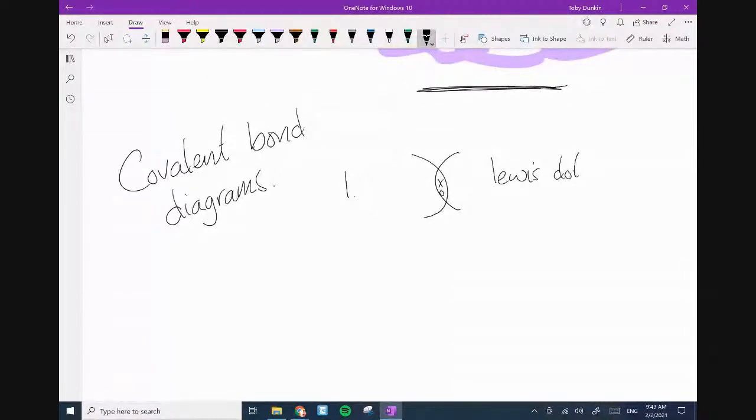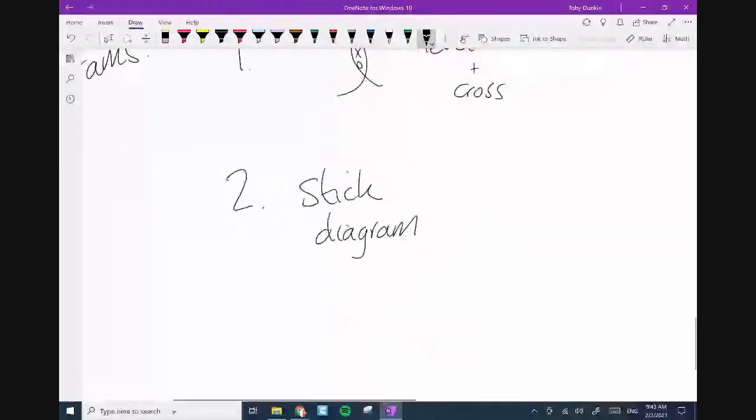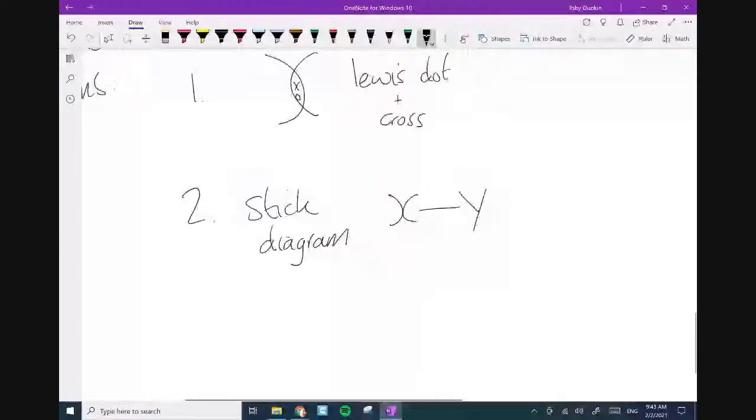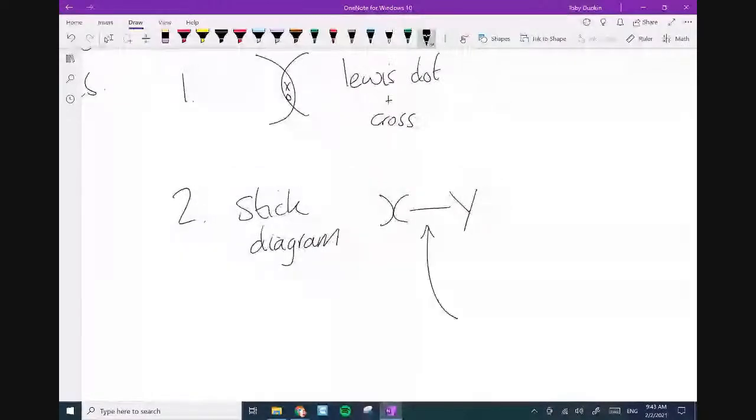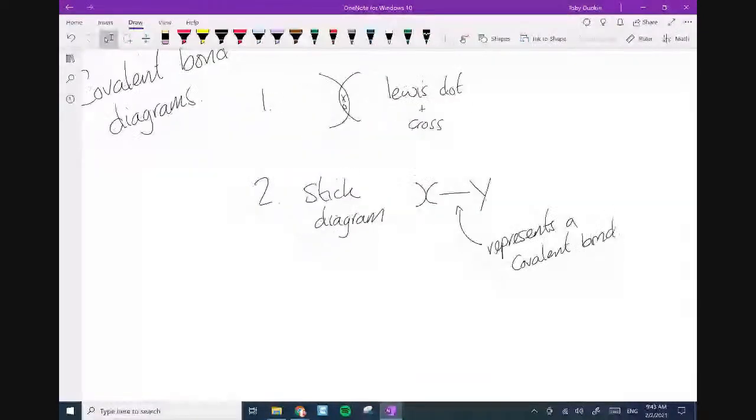But then we've also got a stick diagram, which is this. X covalently bonded to Y. That stick there represents a covalent bond. You're going to see this in action in a minute. Okay. Next,